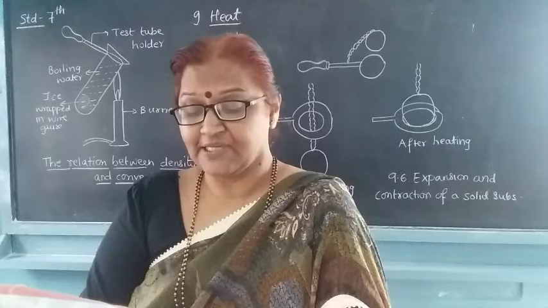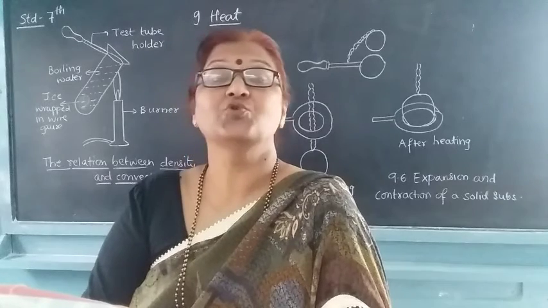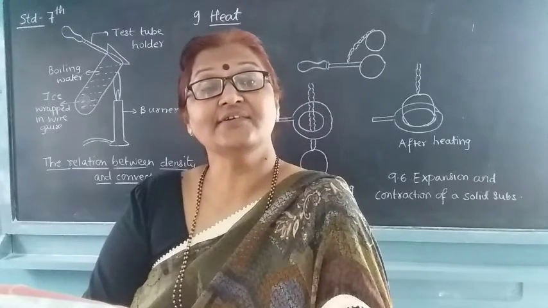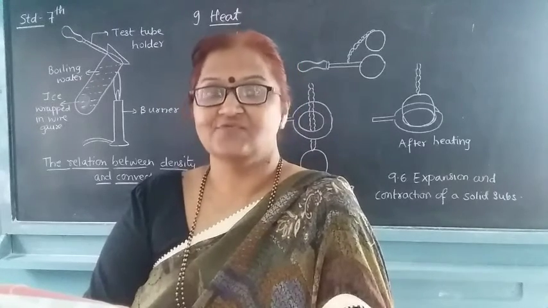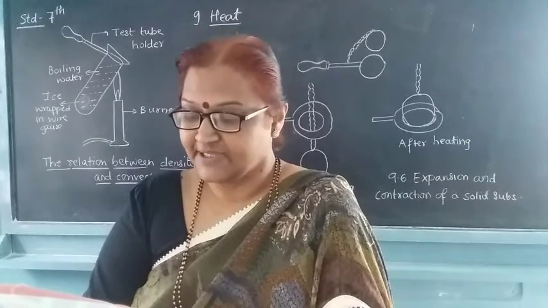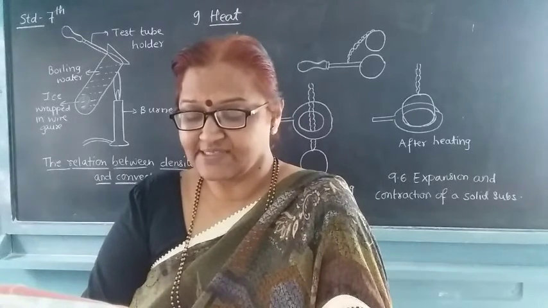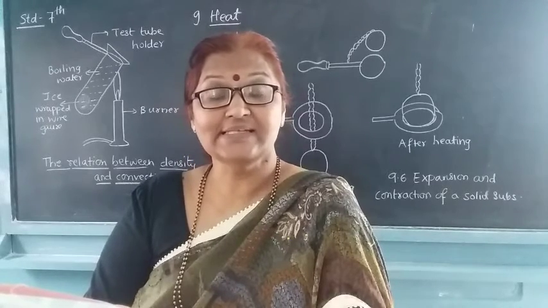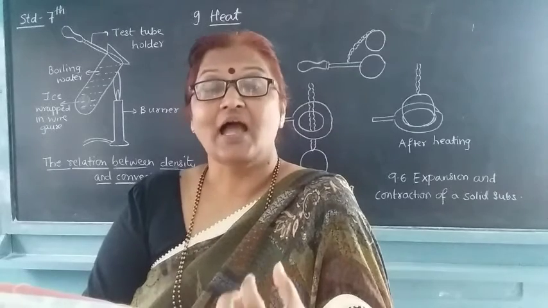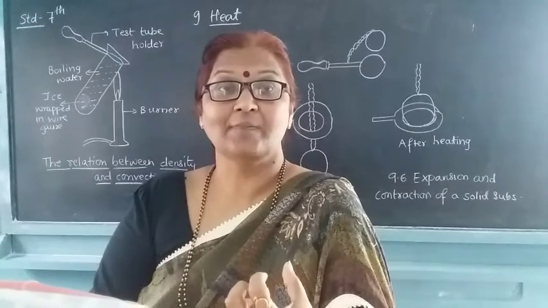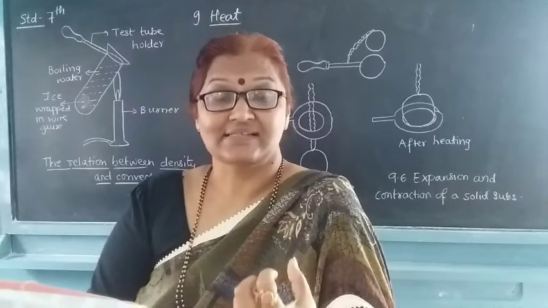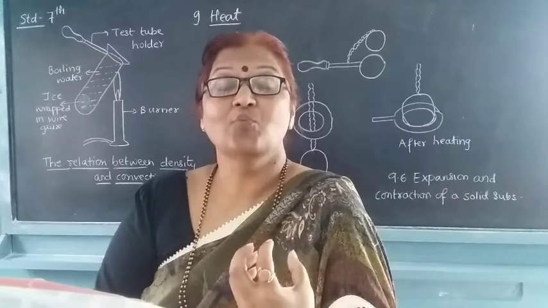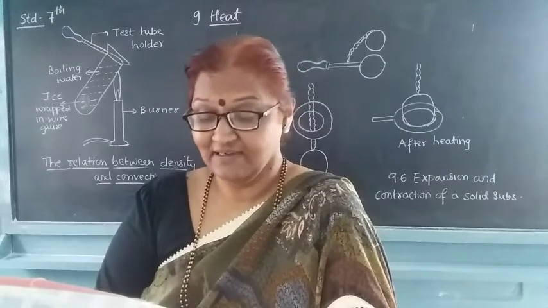Now measure the temperature of the water in the glass in the 2 tins. What you have to do, you have to remove the glasses and check the temperature of the 2 glasses with the thermometer. What is the reason for the difference in the temperature? We know that black color absorbs the heat. So what will happen, the glass in the tin which is painted with black will become hotter than the other glass.